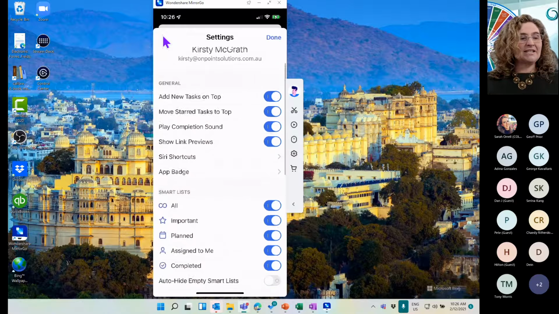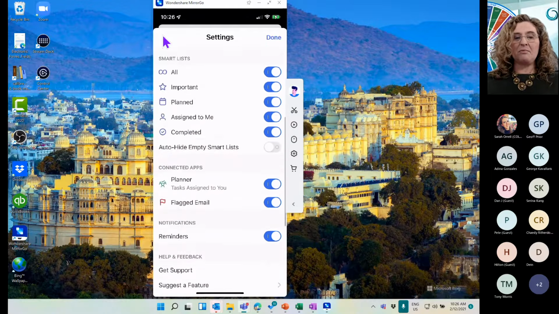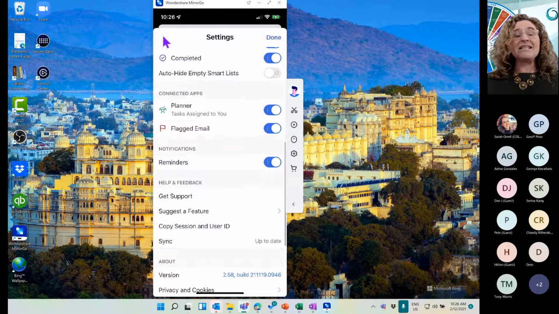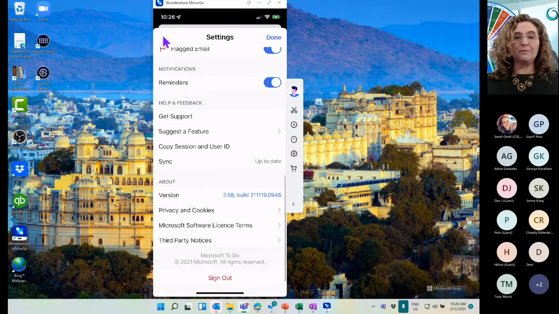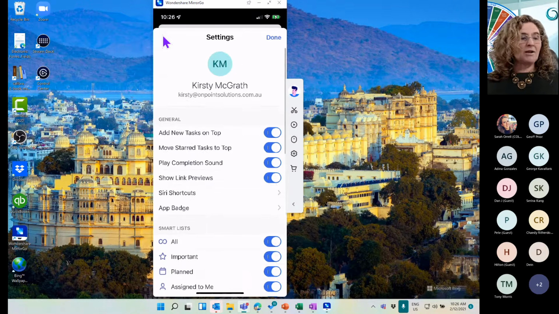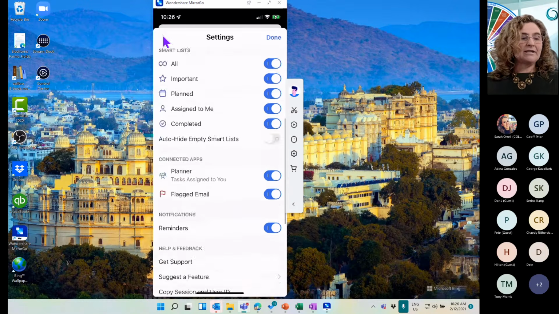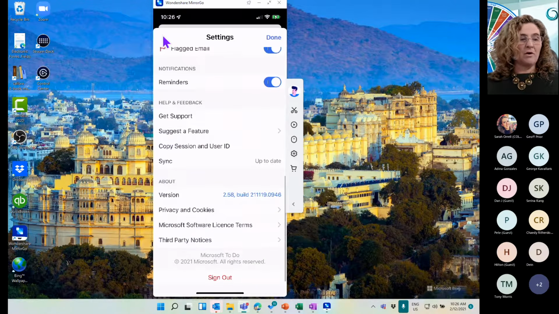I've got shortcuts in here, lists, what's important. Is it a connected app? So here's your flagged email. Is it connected or not? Planner, is it connected or not? All focus features that you can put in here to support you. So I could work my way through and say, yes, that's what I want as part of it. So that's all in there.